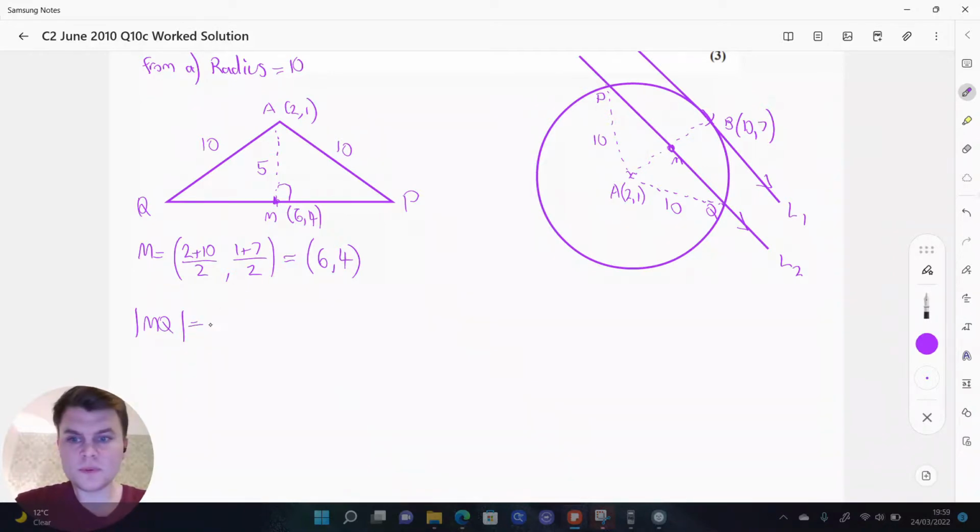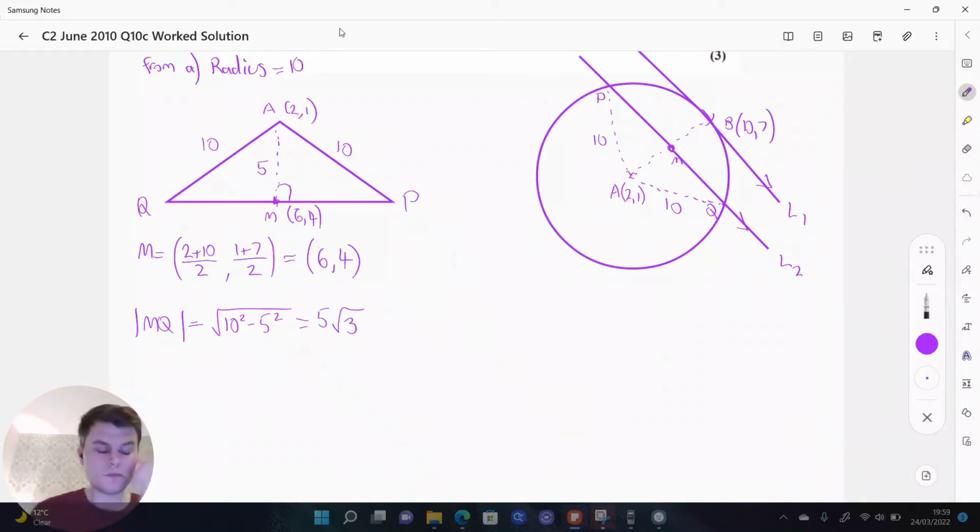MQ is going to be 10 squared, take away 5 squared, all square rooted, and that gives me 5 root 3. So since MQ is equal to MP, the distance from P to Q